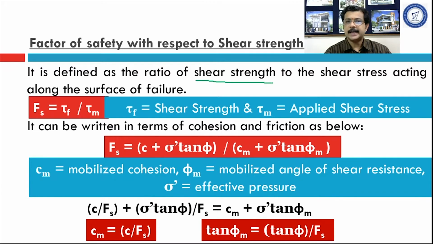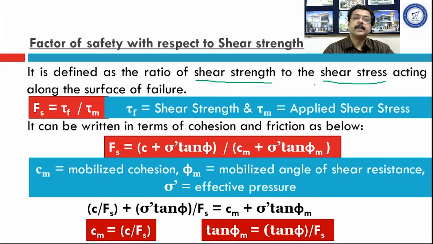So shear strength is expressed in terms of C and phi. What is shear stress? Shear stress is nothing but the tangential stress which will act at the interface of sliding layers. If there are two layers, this is the direction of slope and this top layer is sliding down in this manner. At the interface of these two layers, whatever stresses are responsible for moving this layer downward are called tangential stresses. These tangential stresses have a second name: shear stress.